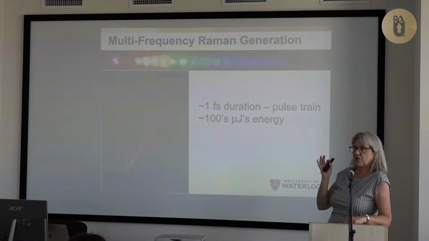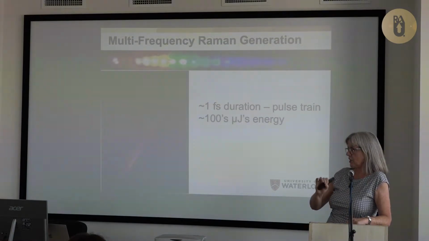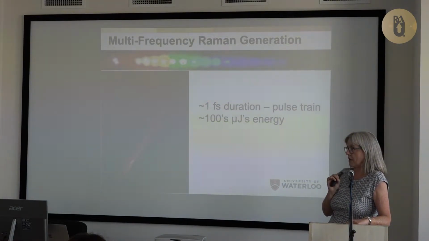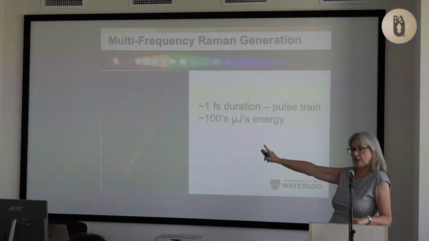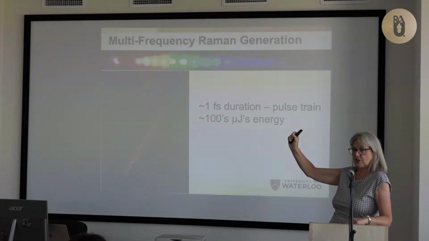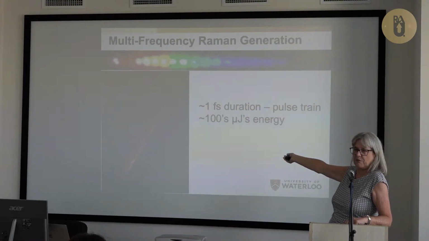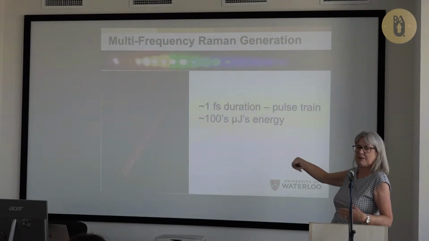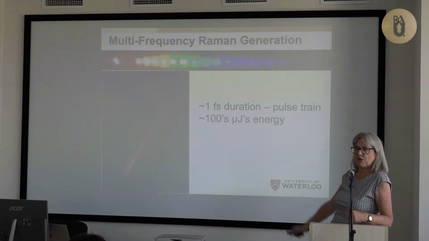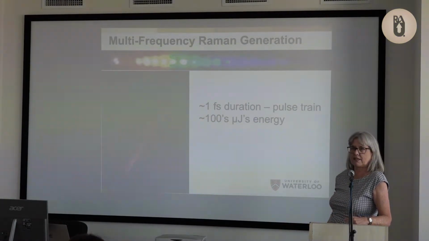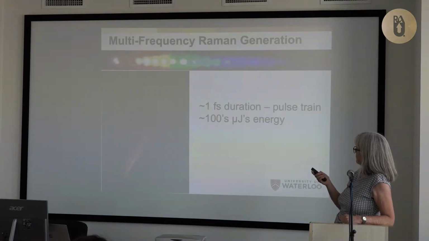So right away it tells you that multi-frequency Raman generation is not at all like high-order harmonic generation. With high-order harmonic generation, theoretically you can just hit one atom and see that whole spectrum. This is not true here. We make it a little bit redder, but it keeps happening over and over and over. So we do know that as you propagate along, it is a cascading process.